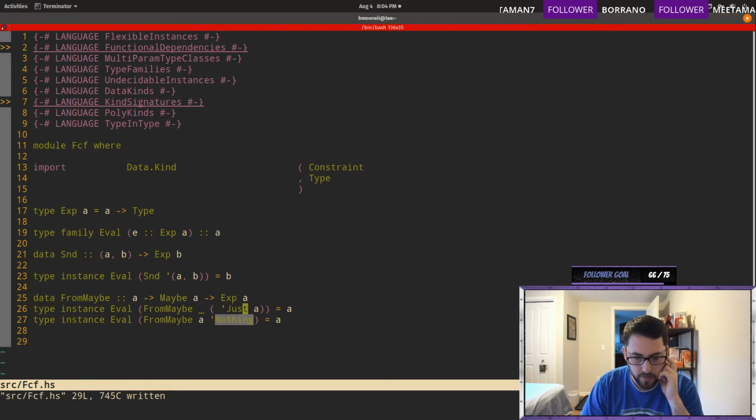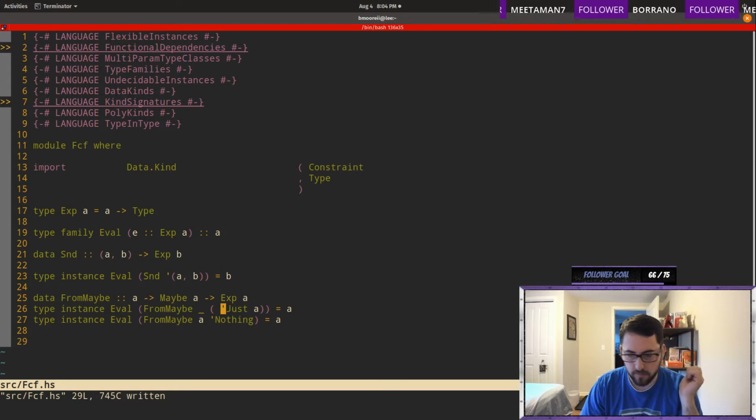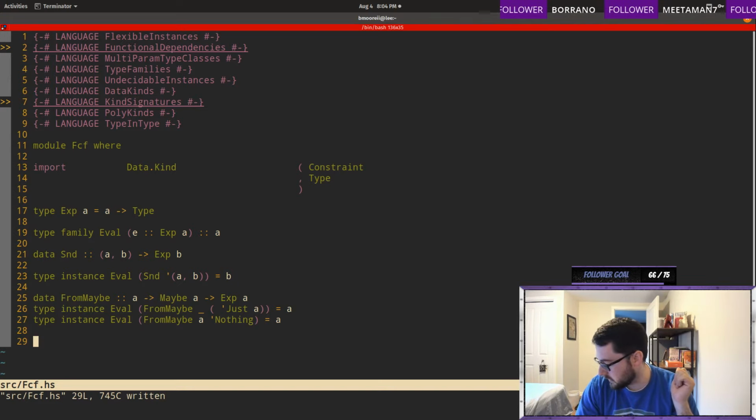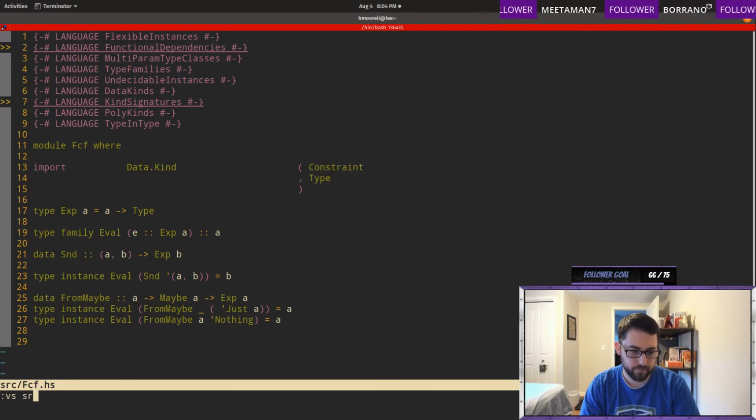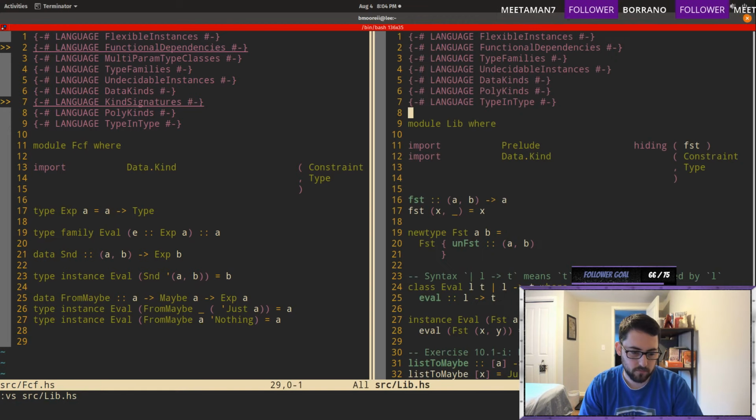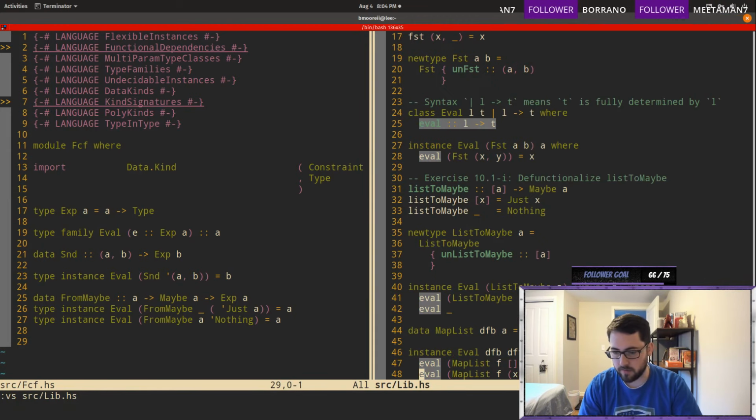And these are the promoted data constructors. They have to be data constructors. They can't be type constructors because it's just a nothing. All right, interesting. So defunctionalize list to maybe at the type level. So we'll use the same definition we did here, although technically it's not the correct one. So first things first, we need